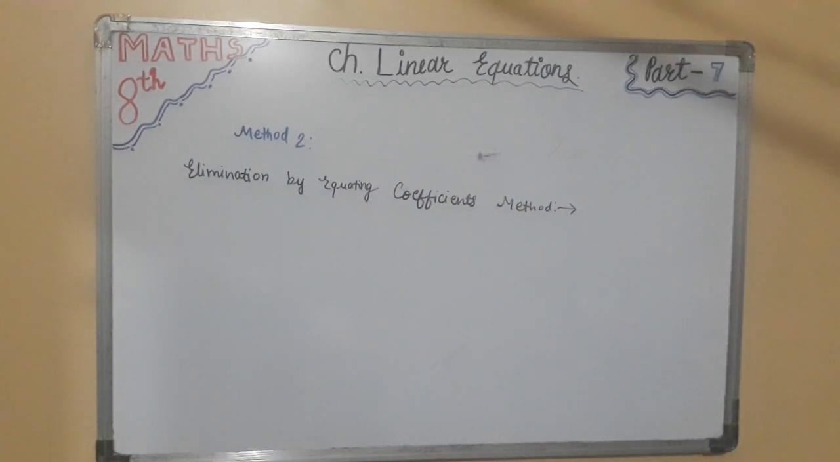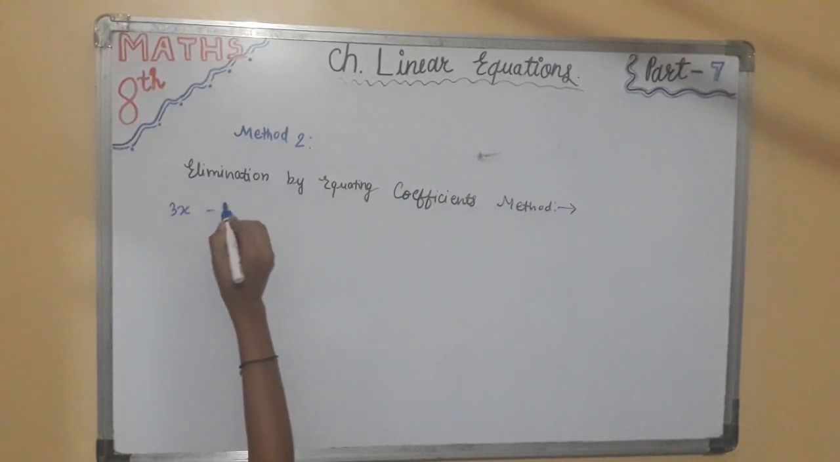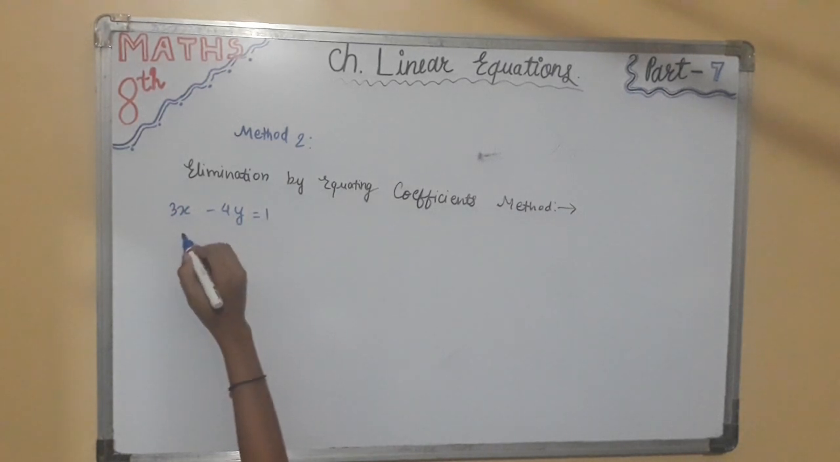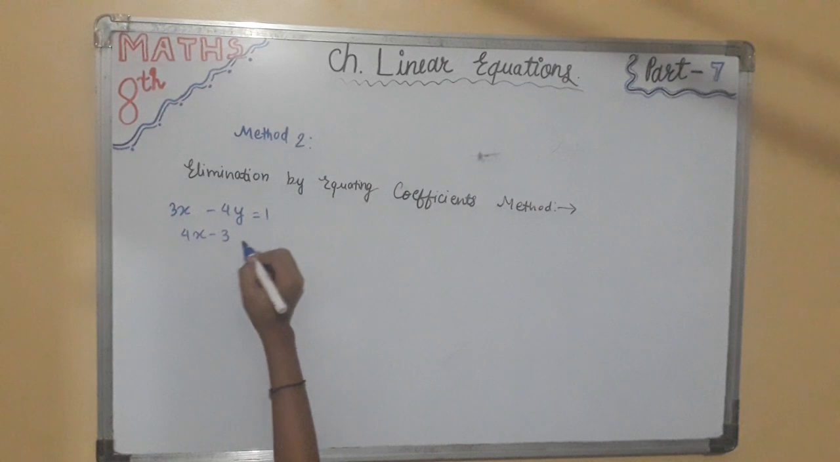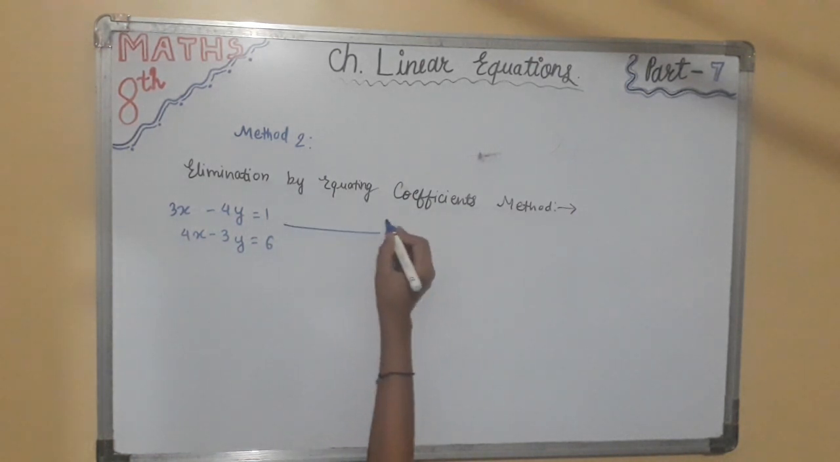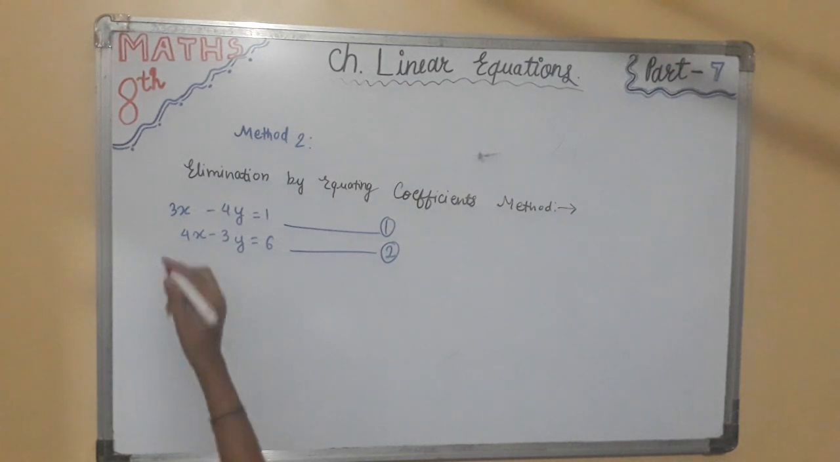So let us consider this system of linear equations: first, 3x minus 4y is equal to 1, and second, 4x minus 3y is equal to 6. This will be considered as equation 1 and this will be considered as equation 2. So our step 1 is